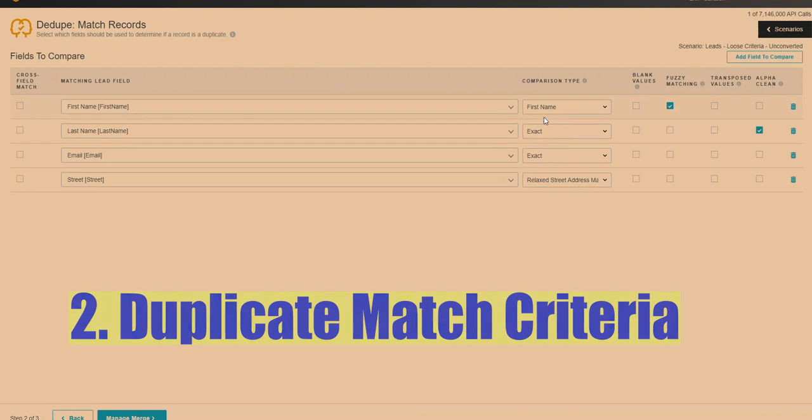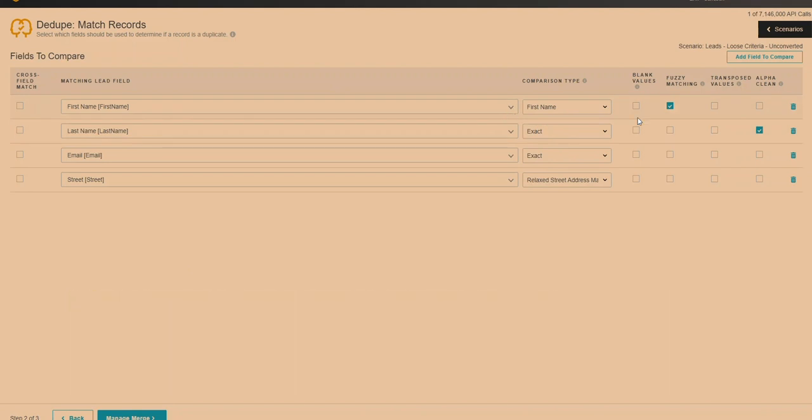So if you're familiar with Salesforce matching rules, this is a similar concept. Since we used preloaded scenarios, we already have first name, last name, email, and street address selected here. And all of these things actually mean something on the top: blank values, fuzzy matching, transposed values. I can send you a link to go into details, but basically there are different types of matches you can